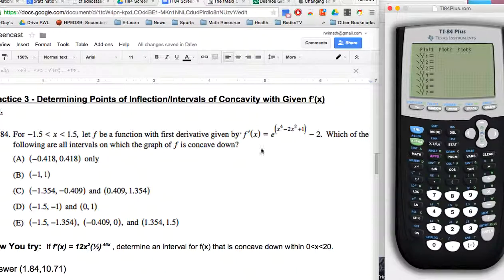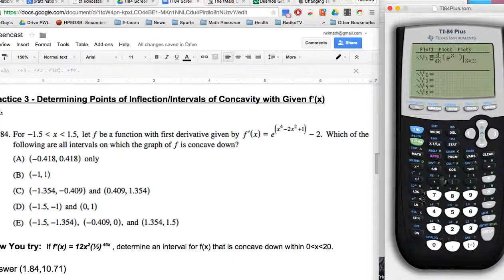So I'm going to enter this in right here, but I want nDeriv. So I go alpha, window, and I do nDeriv. Now you're going to notice the nDeriv looks a little bit different in here. Oh no, it doesn't actually. It still looks like that. So d/dx, it's only in the solver that it looks different. So d/dx of e to the, second function ln, and now it's x